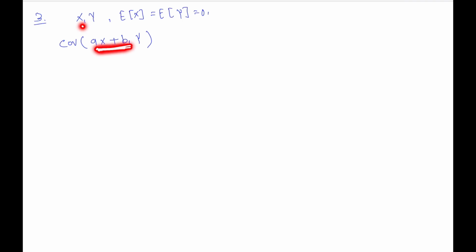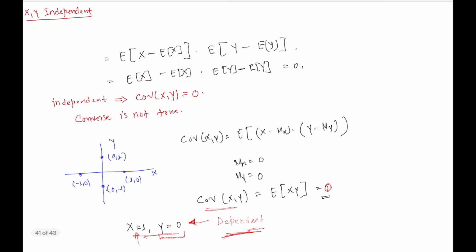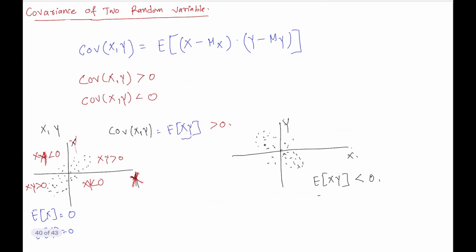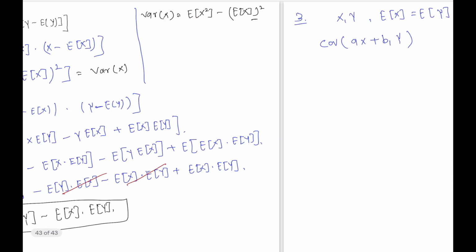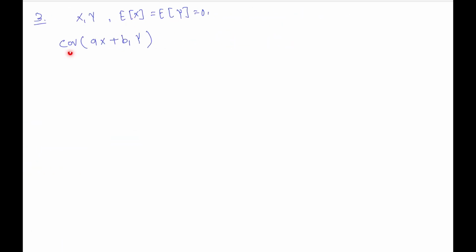Here we have a linear function of the random variable x times the random variable y, ax plus b times y. We want to find the covariance of this. So how can we proceed? It is simple, right? If we have zero mean, the covariance is nothing but the expectation of the product. Just now we have seen this in the very first explanation, right? If we have zero mean, then the covariance is nothing but the expectation of the product of these random variables, right? So if the expectation is 0, the covariance is simply the expectation of the product. So the product of these random variables is ax plus b times y,